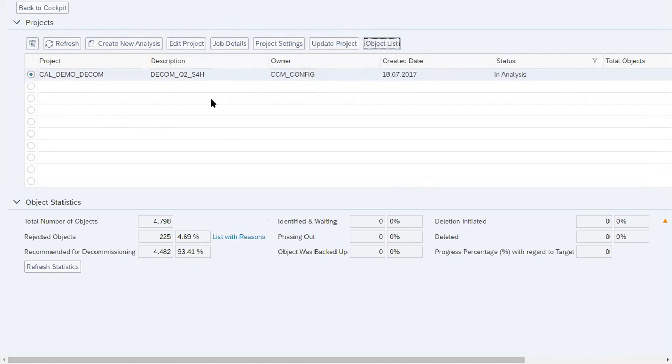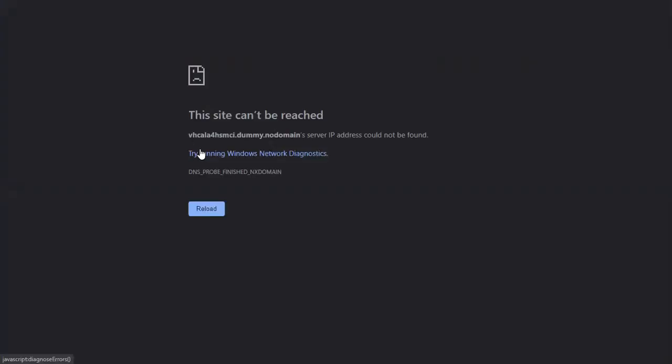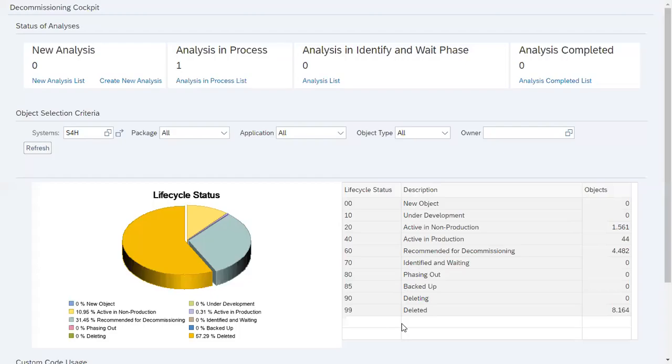I have clicked on object list. Oops, it's not working. So let me go back. Just give me a second, please. So by clicking on the object list, it was not working. So once you click, I'll show in different PPTs how it looks like, what are the objects available there. But yes, now if you want to see that, it is available